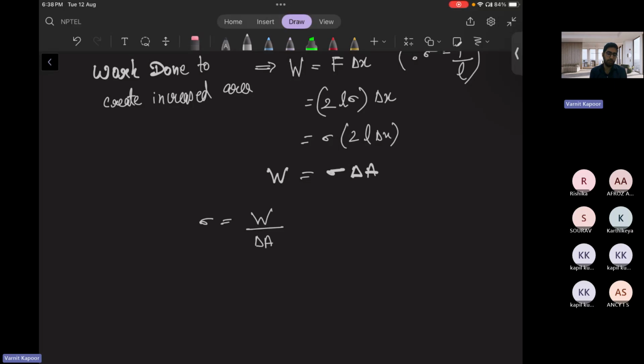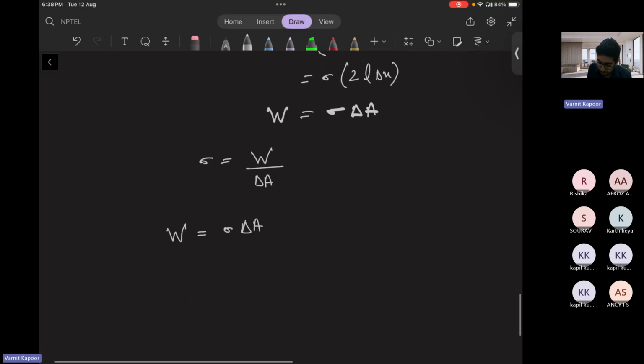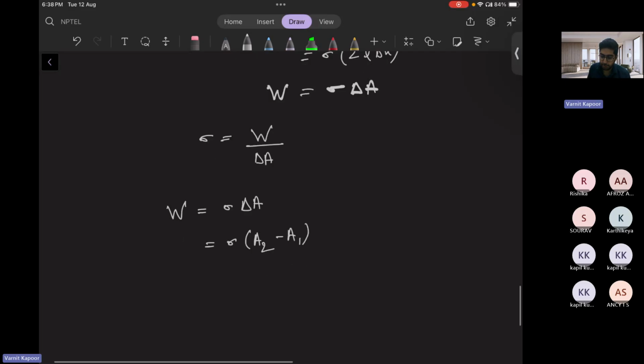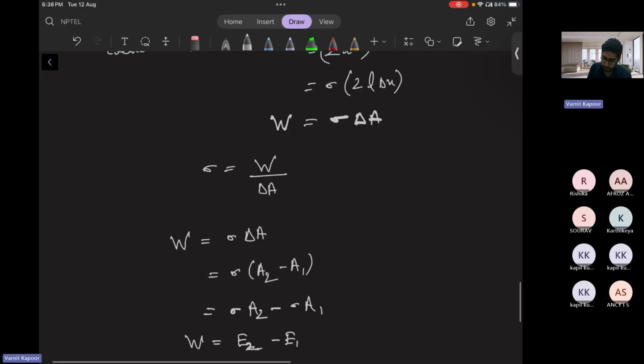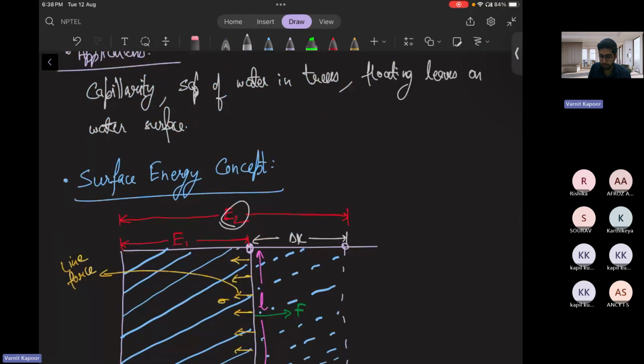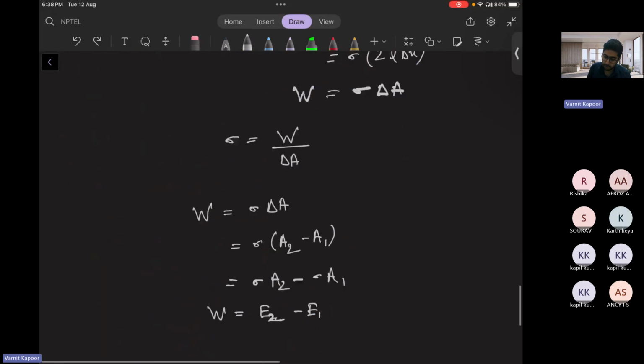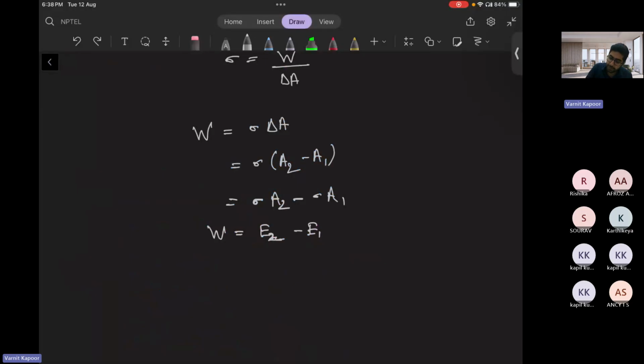This is nothing but your energy. This work done can be written as sigma into delta A, and delta A is nothing but area final minus area initial, A2 minus A1. So sigma A2 minus sigma A1, and this was your E2 minus E1 which I wrote, stored in some form of energy. This was your work done. This is E2 and this is E1. So this is your final surface energy,